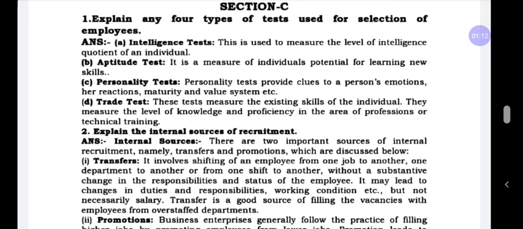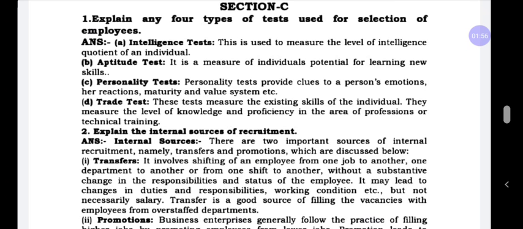It depends upon how much you are understanding, how much knowledge you are willing to acquire. It depends upon that IQ. This is the test used to measure the level of intelligence quotient of an individual in an organization. At the time of selection, the employer will check the IQ level of a candidate. The IQ level ranges from 70 to 80, 80 to 90, 90 to 100, 100 to 120. Those who have more than 110 IQ level are called gifted children.